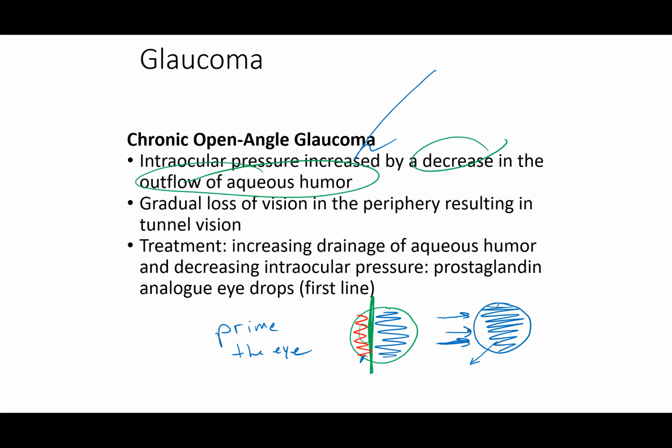And so what we do is we prime it, and we're trying to decrease the pressure from the aqueous humor buildup, and we're getting it to exit that canal of Schlemm. And it does work, but here's the catch. It's temporary. So they have to do it again, and they have to do it again. So the treatment is to increase drainage of the aqueous humor, which therefore decreases intraocular pressure,